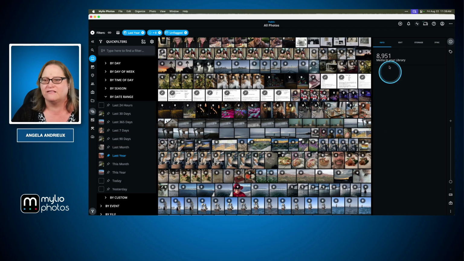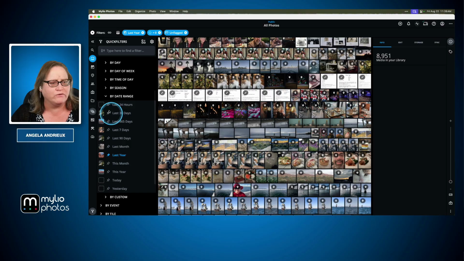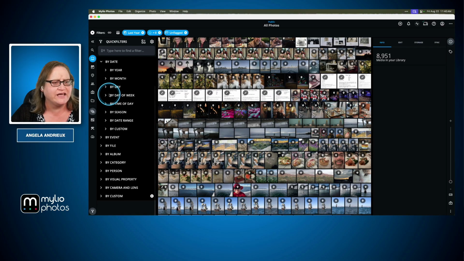You can see that I've taken a lot of pictures in the last year that have not been dealt with. So that's one way to get you into smaller chunks. And I could even go month by month with this. So if I want to only look at certain months, instead of by date range, I can go by month